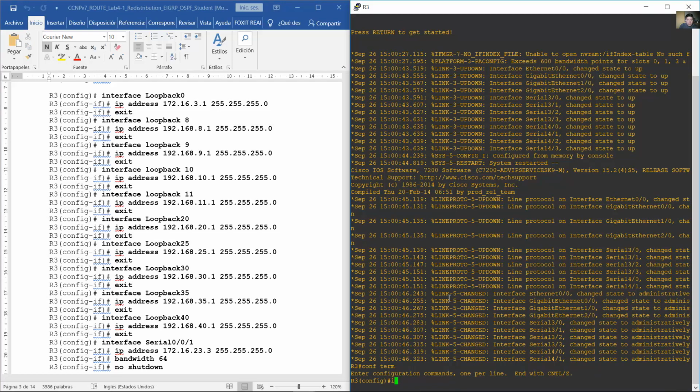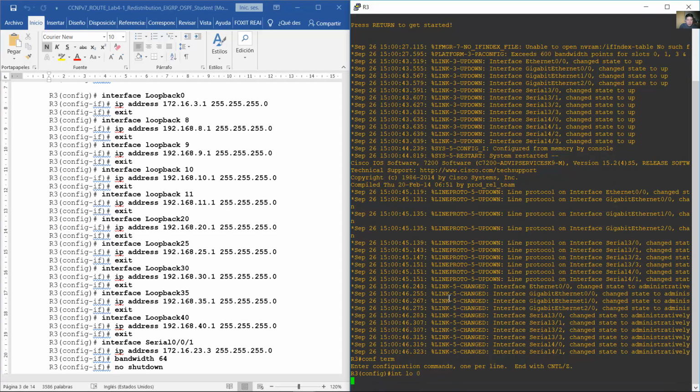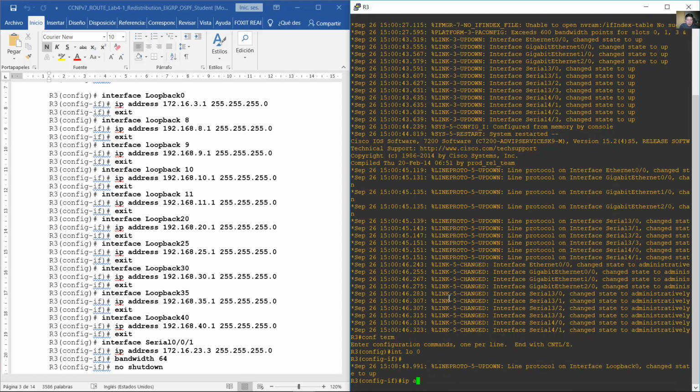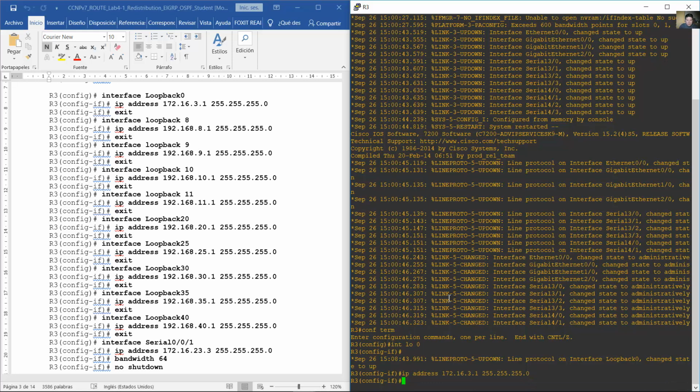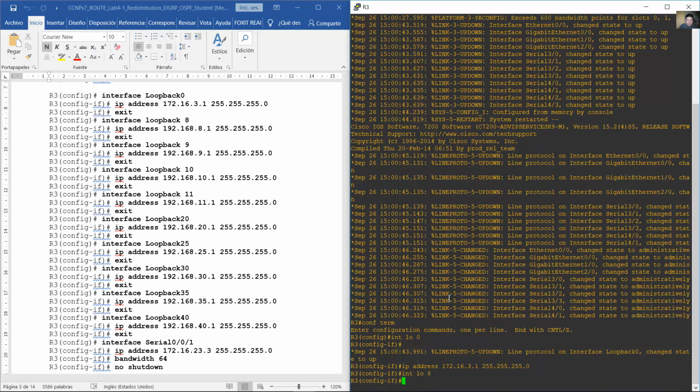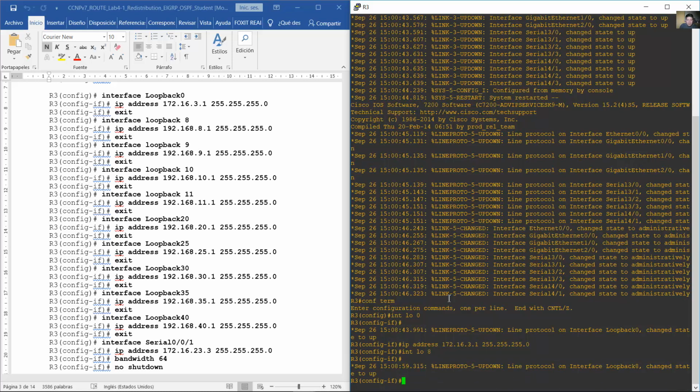Configure terminal, interface loopback 0. The IP address. Loopback 8, IP address